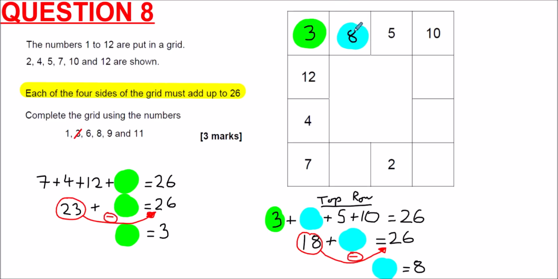And so we now have 8, and so we can cross off 8. So we've still got other numbers to use. We've got 1, 6, 9 and 11. And so if we have a look at the bottom row now,